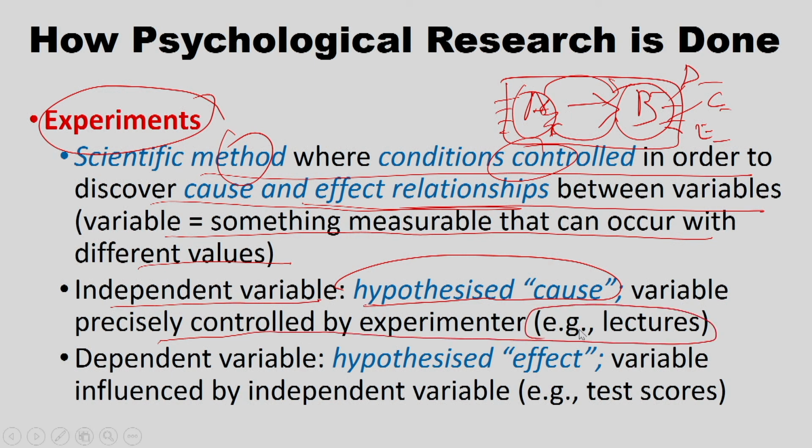In our case the independent variable is the level of hot drink or hot beverage, because we have 3 hot beverages, and we are manipulating the type of hot beverage, so this is called the independent variable. Then in any experiment we also have something called a dependent variable, which is the hypothesized effect, a variable influenced by the independent variable, for example test scores. In our experiment, the academic performance, the marks that you get on an academic test the next day, is what is called the dependent variable, because these hot drinks will make you study